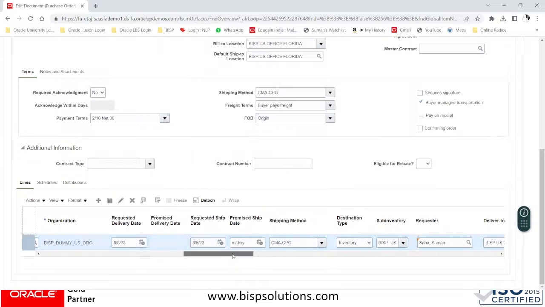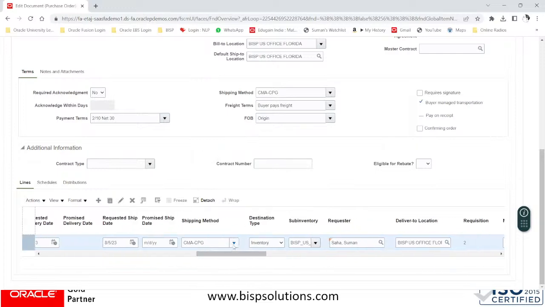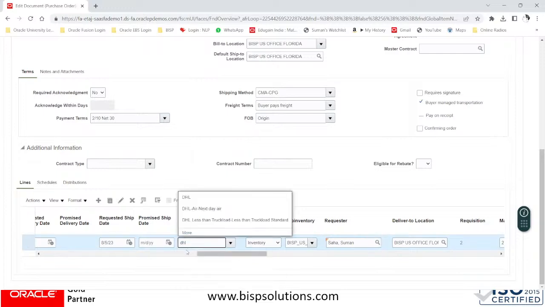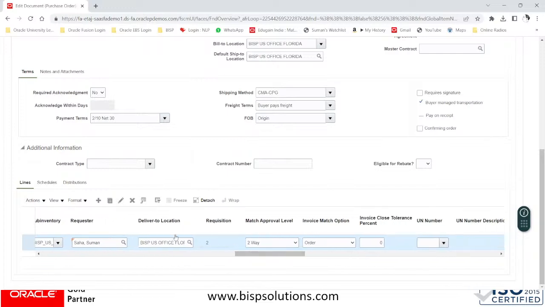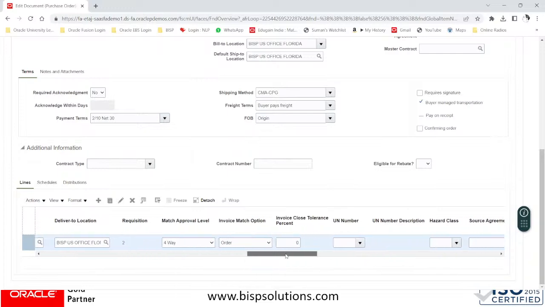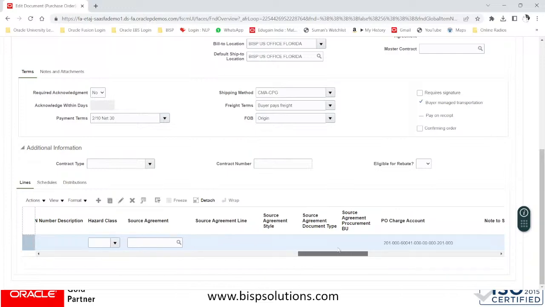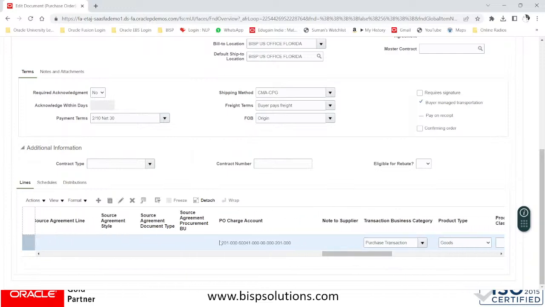right? So shipping method, you can provide the shipping method. I will say DHL, right? So my destination is inventory and my sub inventory, and the matching method is as per use case. It will be a 4-way, right? So that is the 4-way matching method they want, right? So the 4-way matching method, the PO charge account,